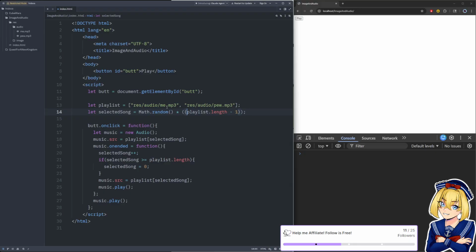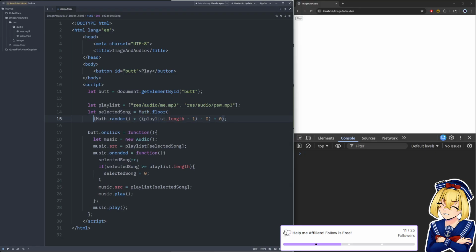We want it to be, the max is 1 right here. And then we're going to subtract the minimum, which is 0. And then we're going to add the minimum, it looks like. And we're going to surround all of this with a math.floor. So let's kind of break this up a little bit so it's easier to see, I suppose.